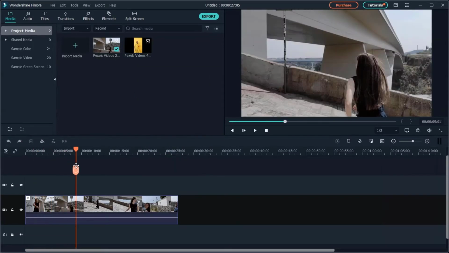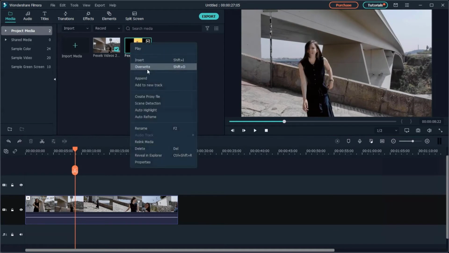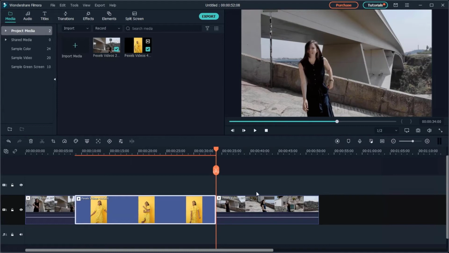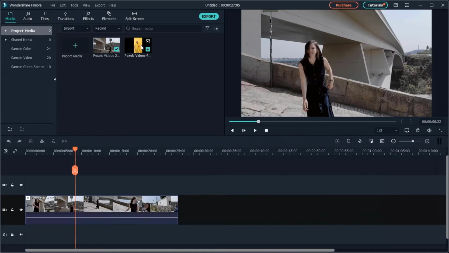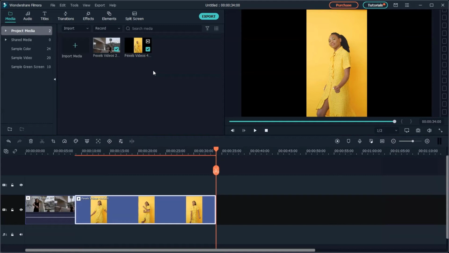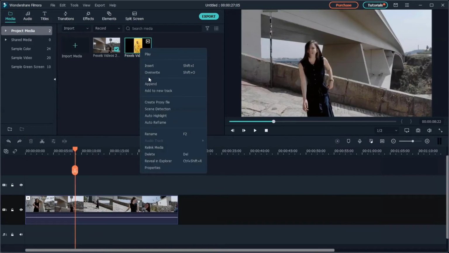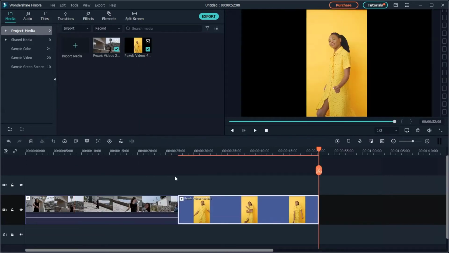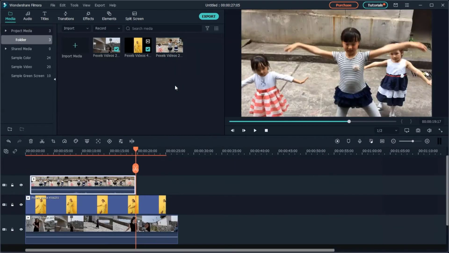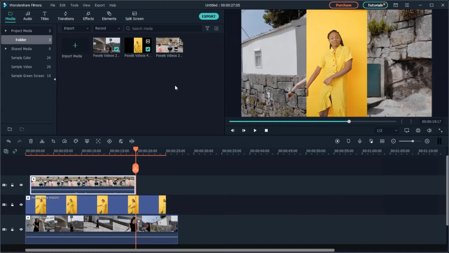The Insert option inserts your media into the currently selected track at the playhead. Any media on the right side of the track that is already in the track will be moved to the right by the length of the inserted clip. Overwrite adds your media to the selected track at the playhead and replaces any media that already occupies the space your added media occupies. Append adds the media as the last piece of media in the selected track. Lastly, the Add to New Track option adds your media to a newly created track with no other media.